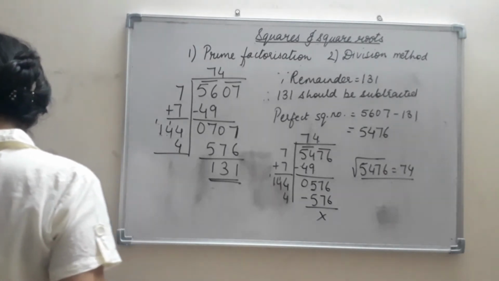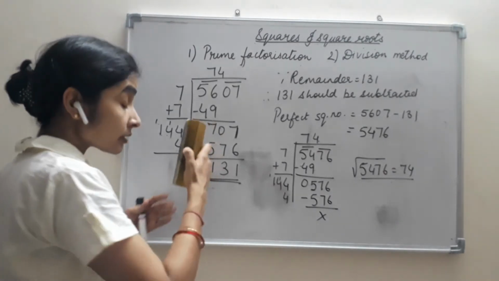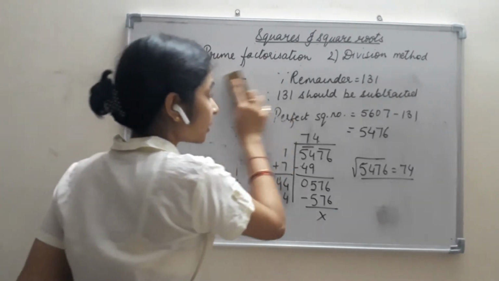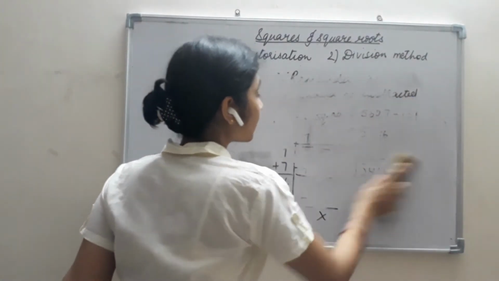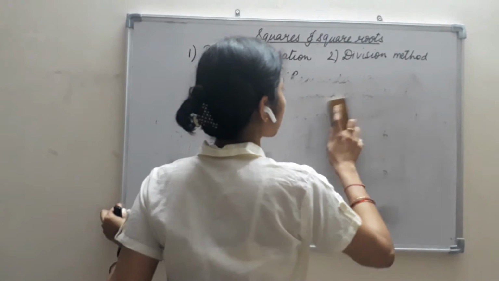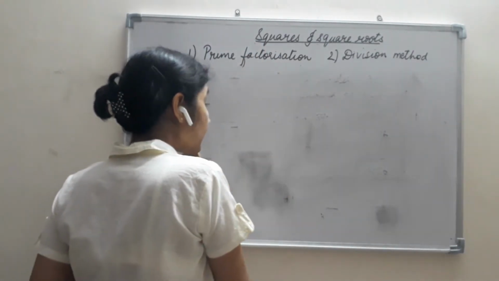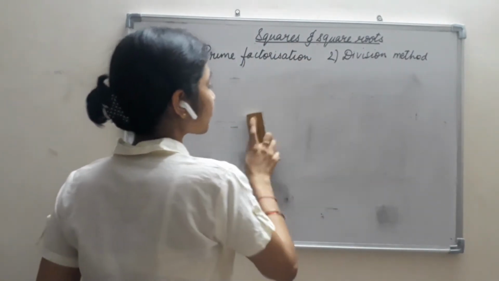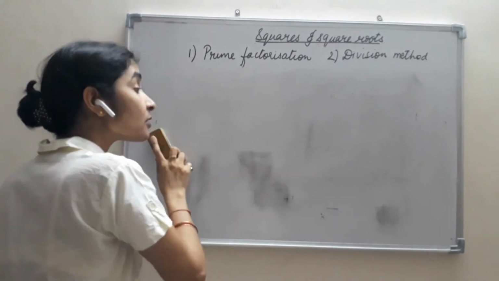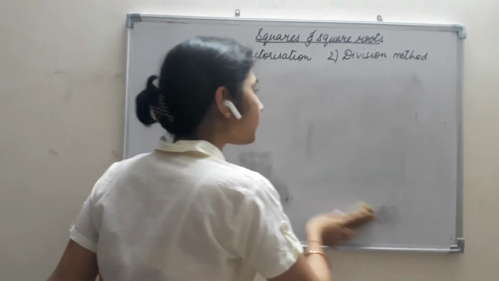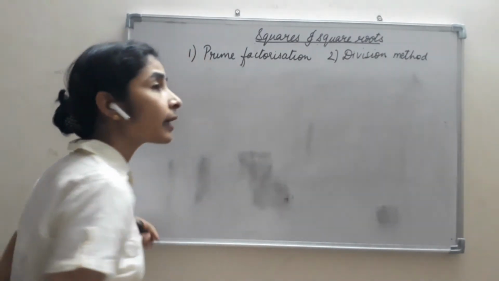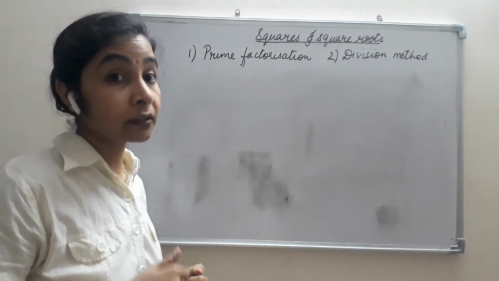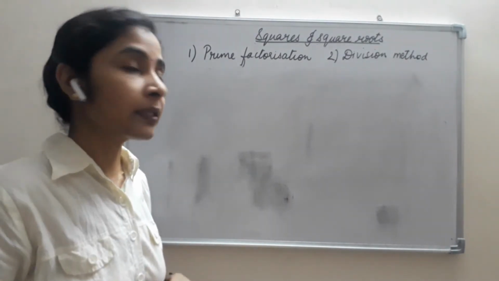Now the same type of question can be asked in a different manner also. If I ask you which is the greatest 4-digit perfect square number? Now we don't know the greatest 4-digit perfect square number, but we know the greatest 4-digit number, isn't it? So if we subtract a number from it, then we can get a 4-digit perfect square number. But which number we should subtract, that we don't know.